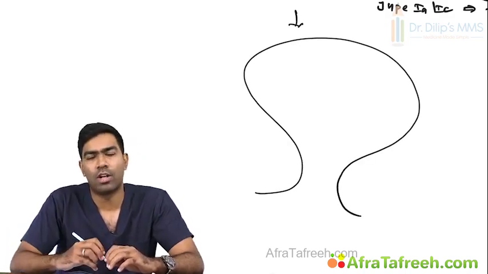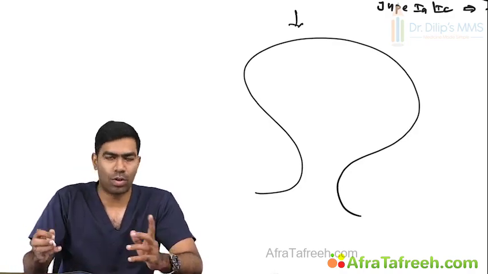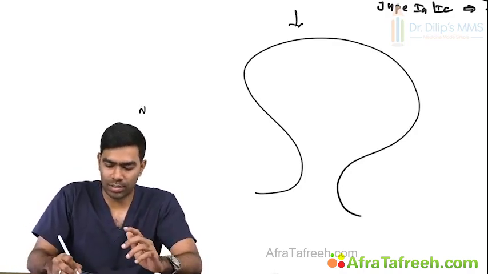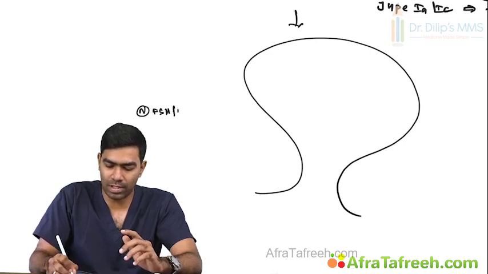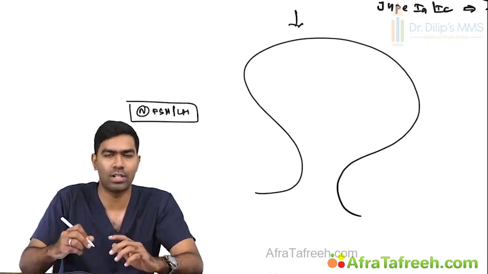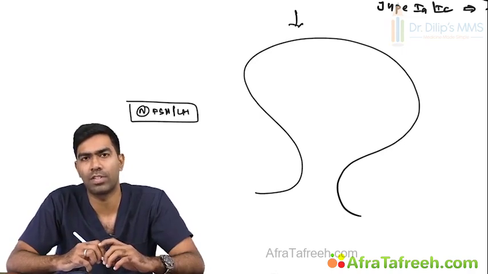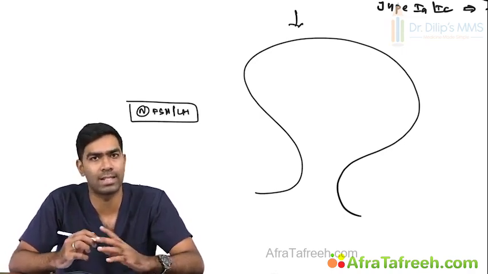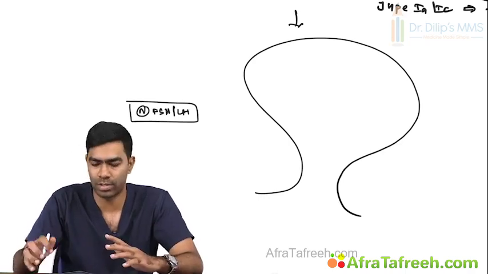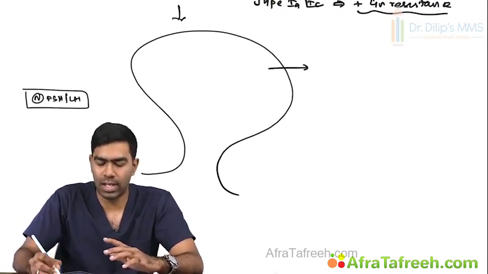So one of the things about these uterine causes is the fact that they generally tend to have a normal FSH and LH, which means they are not related to ovarian dysfunction or hypothalamic pituitary dysfunction, which means the hypothalamic pituitary gonadal axis is intact. The problem is in the uterus. So in India, the most